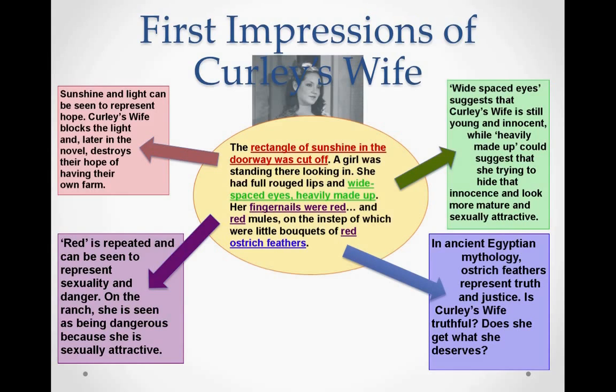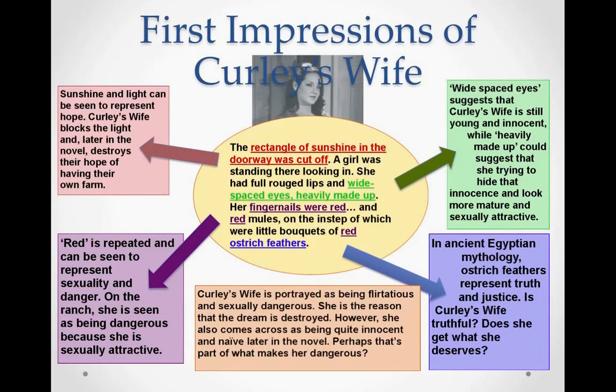Okay, one other final thing that I'm going to mention about Curley's wife, which hopefully has been pointed out to you already or you've figured it out already, is that she doesn't have a name. She's Curley's wife. She's a possession, and that is quite important. Steinbeck didn't just say, "Oh, I can't be bothered giving her a name. I'll just call her Curley's wife." Her name is Curley's wife, and so her name suggests that she belongs to Curley. She's not a person in her own right. She is a possession, and maybe that makes her a victim in a sense. I don't know. Again, it's up to you.